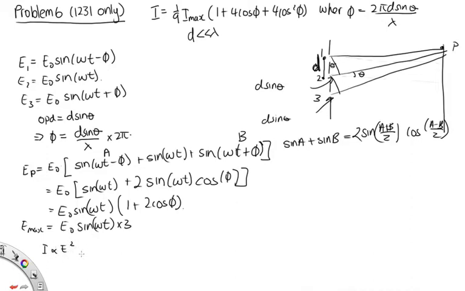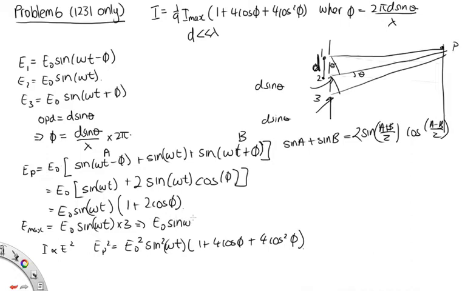So we have that E_P squared is equal to E naught squared times sine squared omega t times the square of this. When we square this, we get 1 plus 4 cos phi plus this squared, which is 4 cos squared phi. We can rearrange this equation to tell us that E naught sine omega t is equal to E max on 3. And so we can replace this with E max squared on 9